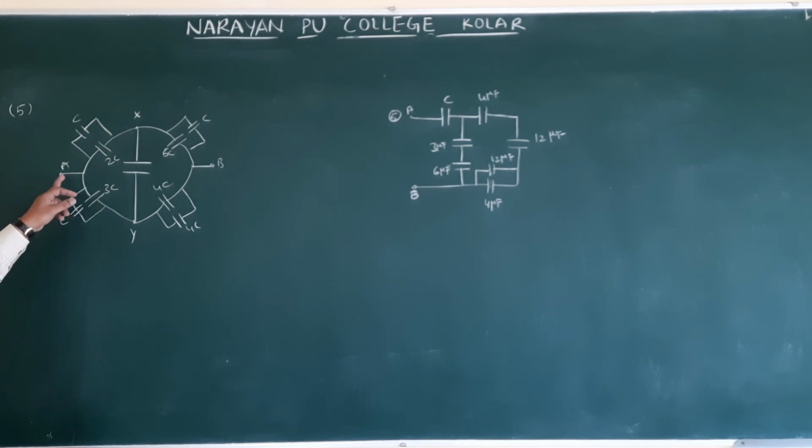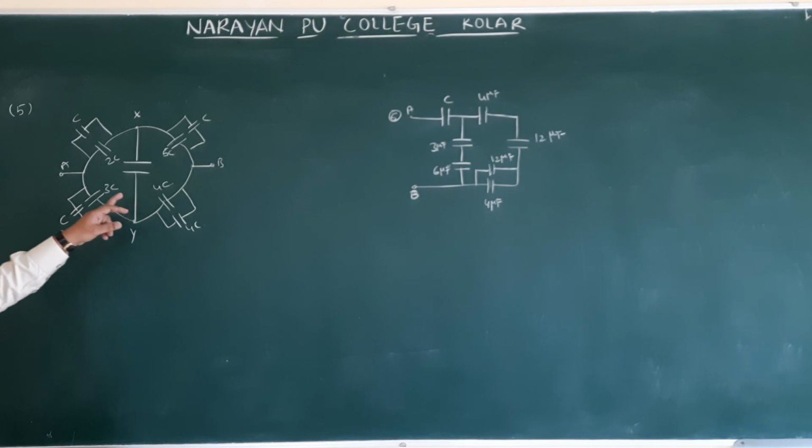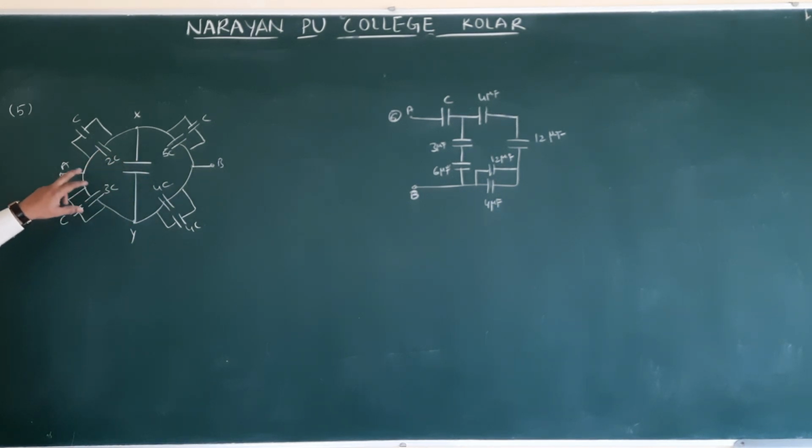So the equivalent capacitance between A and B. The center one they will give. Here this is also a Wheatstone bridge. First we will see how these two are connected. So these two are connected in parallel. Parallel means 2C and C. How much will you get here? 4C. In place of this, 4C.